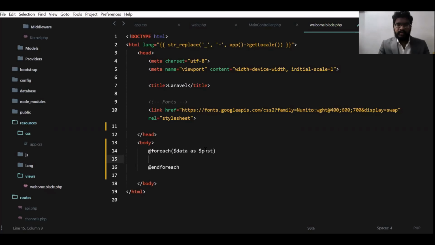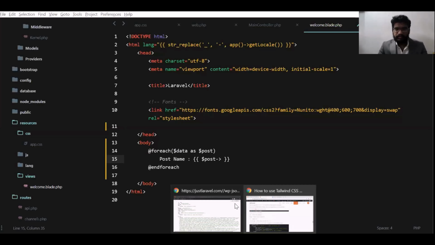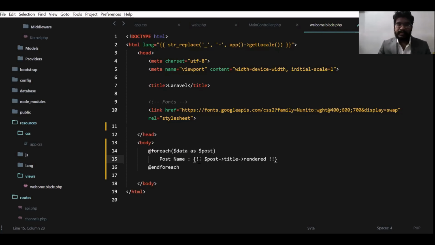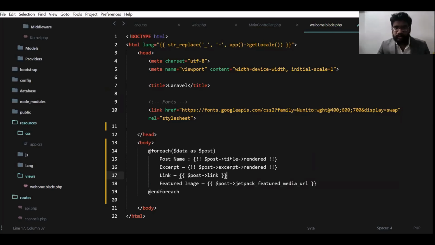And for each post, for the post name, I'll be using the post title rendered. I'm directly rendering it using this interpolation and exclamation syntax. So this is for the post name, this is for the excerpt, this is for the link, and this is for the featured image.